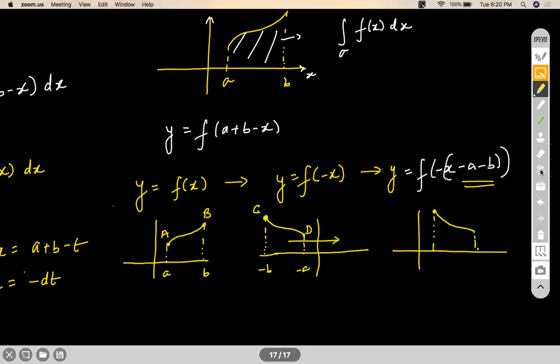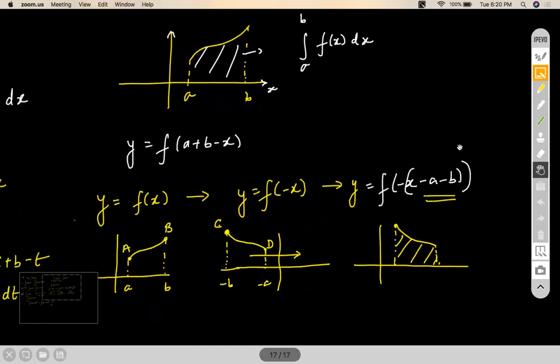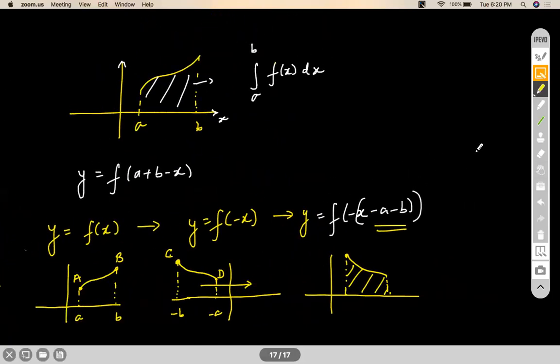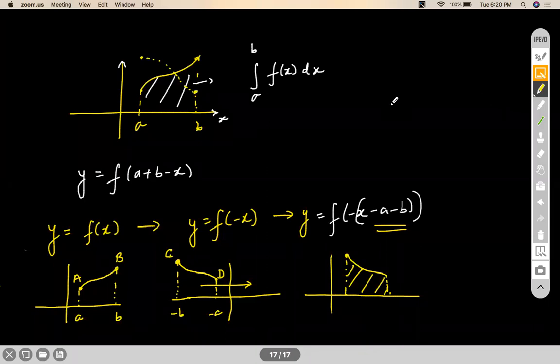So what this property is saying is, if you evaluate this area, that is this white area, it will be the same as this yellow area. Do you see any fault in this conclusion? I don't see any fault, because what you did was you just flipped this graph by changing the positions of A and B. So you brought this at this position and you brought this at this position. That means your graph actually became like this. Does it change the area under the graph?